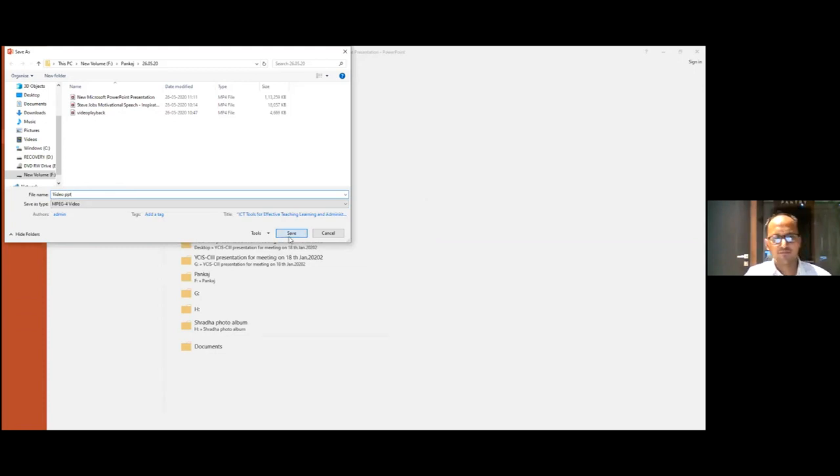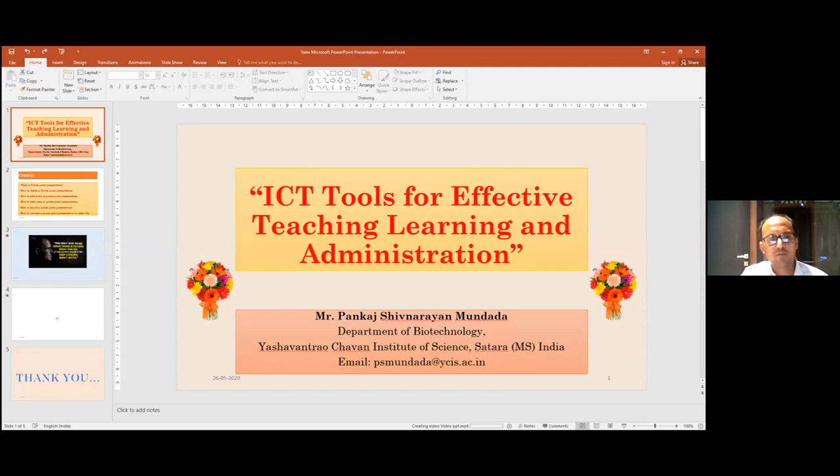and I will save. One thing we need to remember is that whenever we are going to save the presentation as a video, it will take time. You can notice over here at the arrow the progress of the saving. The slide will get saved, and once it is saved, you will have the video of your own PowerPoint presentation. So this will help to create your own video lectures using the PowerPoint presentation itself, without using any other apps.